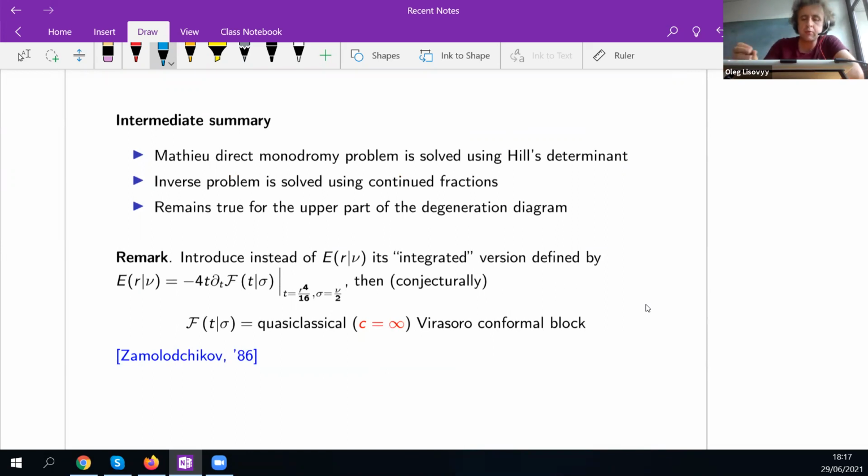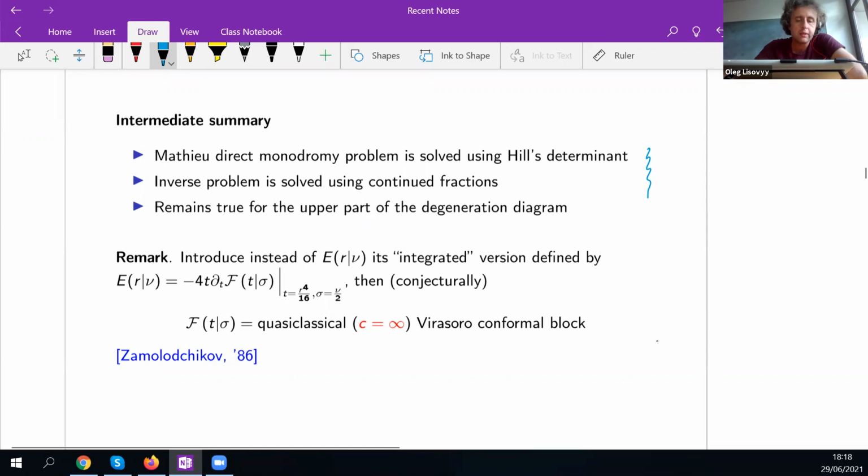The direct monodromy problem is solved using Hill's determinant. This is something which you could, in principle, try to do with WKB, but in the case of Mathieu, this is not even needed. We can obtain an exact answer at all orders in h bar, which is put to 1 here, if we are interested in the series with respect to time. Now, for the inverse monodromy problem, we need to use continued fractions, and both of these computations